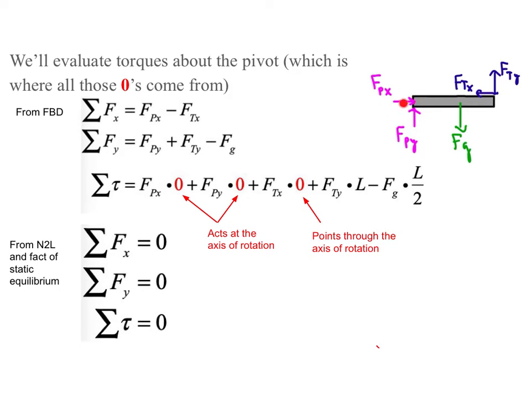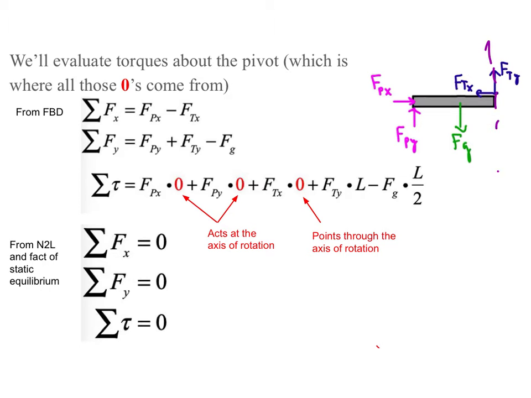FPX times its moment arm, but it's pointing through the pivot, so the moment arm is 0. And FPY times its moment arm, but it's pointing through the pivot, so its moment arm is 0. And FTX times its moment arm, and even though it's a full length away, it's pointing through the axis, so its moment arm is 0. So we get rid of 3 things by putting the pivot at the actual hinge, and that makes life easy for us. We're left with the tension,